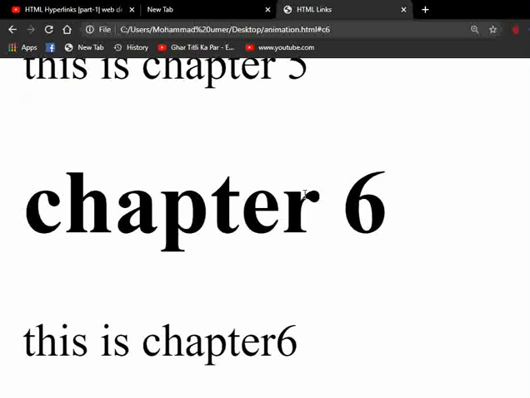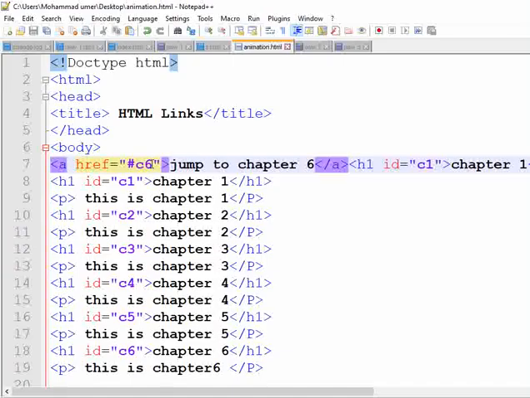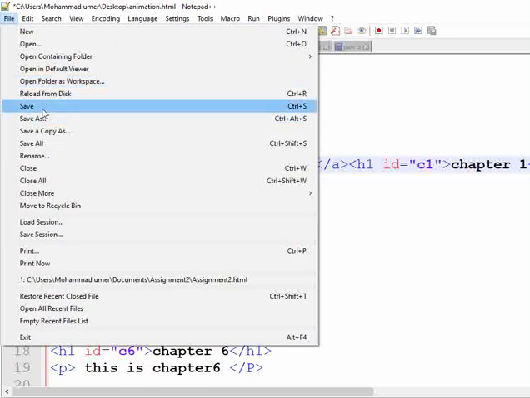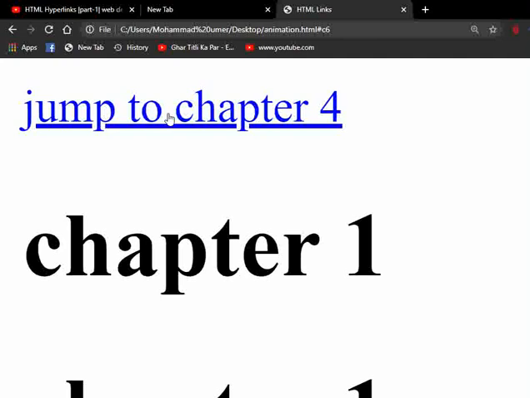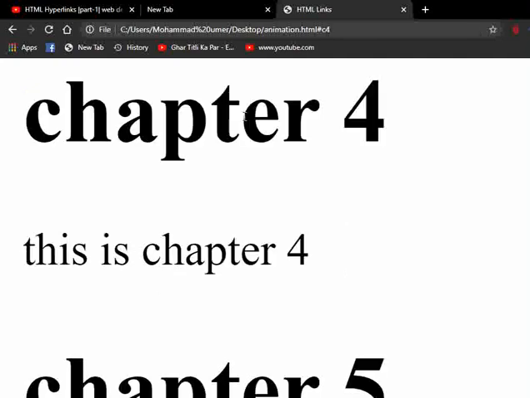इस तरीके से हम लोग bookmarks create करते हैं. Okay, so let's change it somehow from here. मैं अब चाहती हूँ कि मैं चैप्टर नंबर 4 पर मूव करवाऊँ. ठीक है, so इसके अलावा यहाँ पे हम इसको चेंज कर देते हैं as 4. So let's save this and see the output in the browser again. Once again इसको मैं reload कर रही हूँ from here. Okay, now it has jumped to chapter number 4. When I click on this, it shows me chapter number 4 because now I have created a bookmark for jumping to chapter number 4. So that's how bookmarks work in HTML.